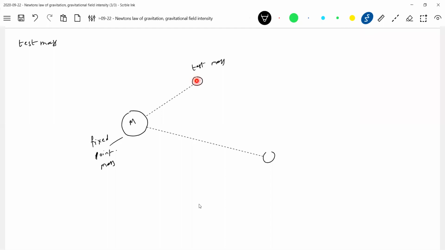Again, you'll get confused. So let me put m naught on. Some books write delta m naught. In fact, it's correct mathematically. So what is the test mass? Test mass is m naught. What is the mass? Negligible. Test mass is a point mass